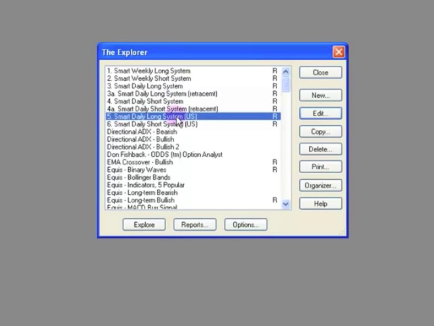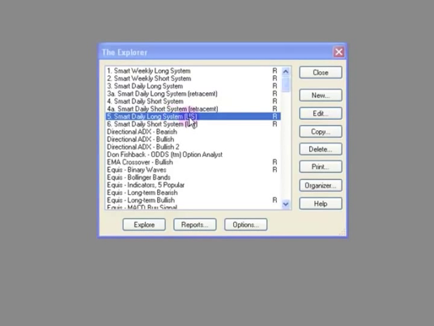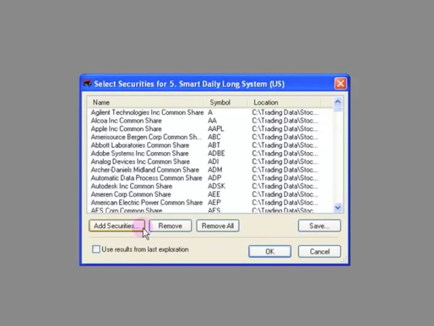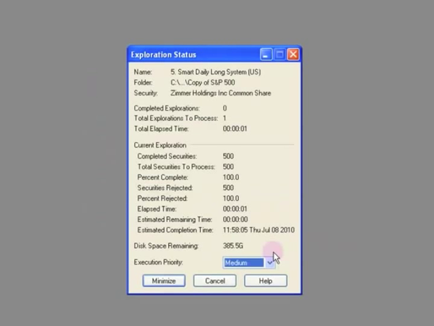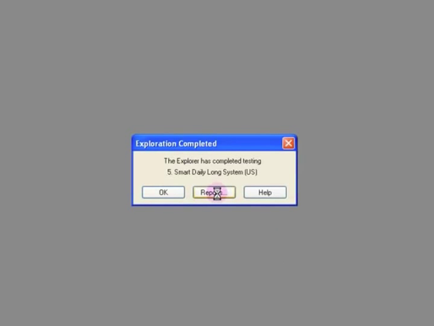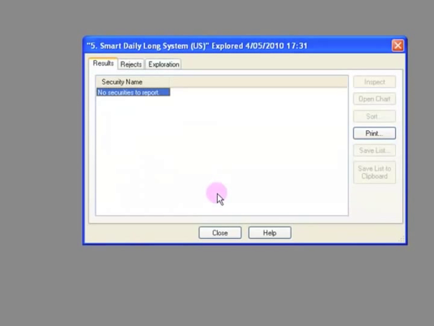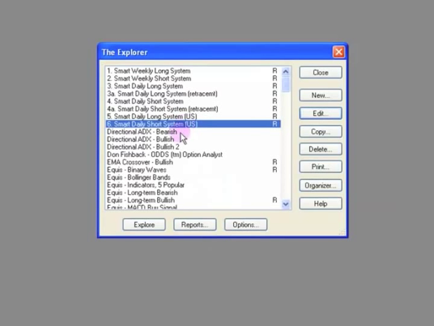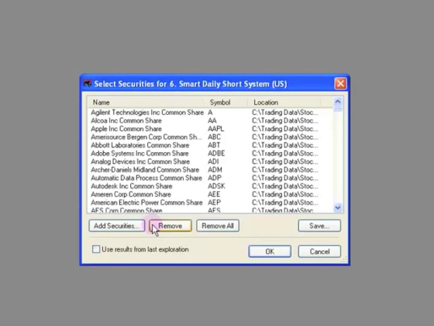So on this day, this is the 4th of May, I'm going to run my long and my short scan across the US markets on the S&P 500. Okay, so I highlight the long system, I press explore, and I have the S&P 500 shares linked in here. And then I say OK. When the scan is run, there are no shares to look at with the long system. So I close it down, I go to the short system, I press explore, I say OK,